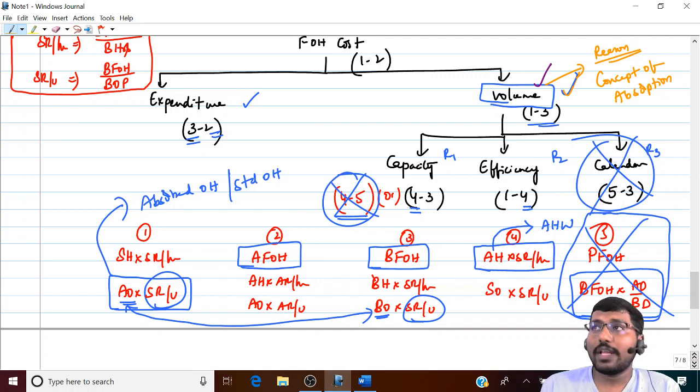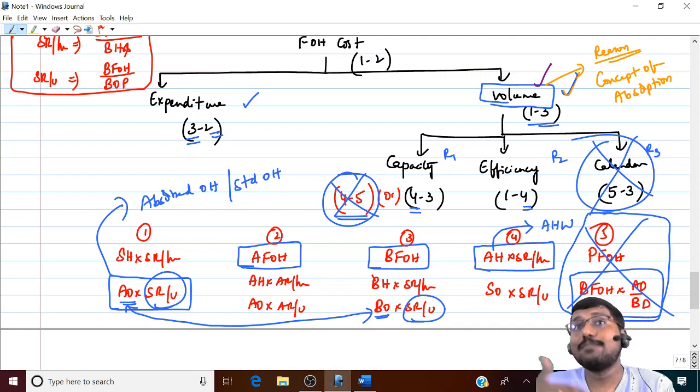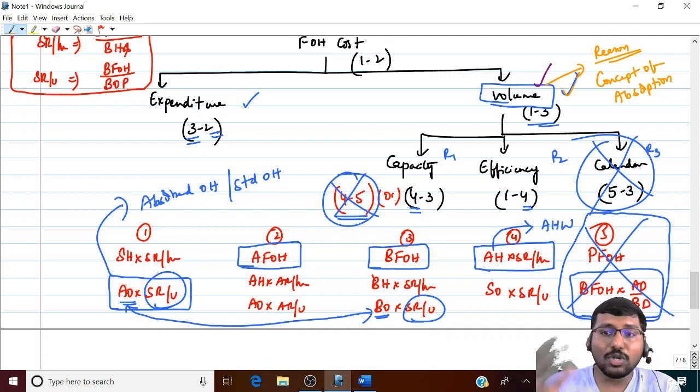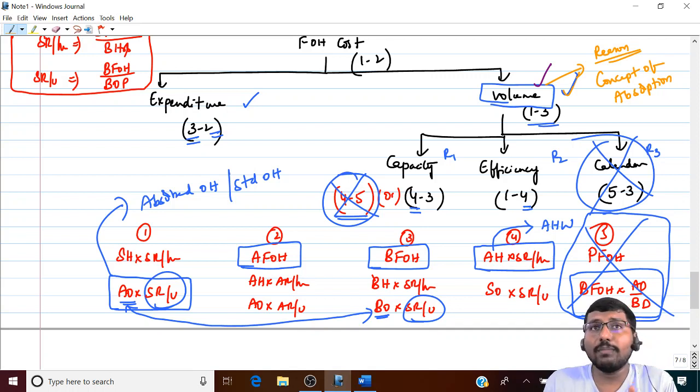I already told you when I explained the concept of absorption that, instead of going for budgeted overheads, absorbed overheads is a better concept. Why? Because absorbed overheads is a mix of actual and budget, correct? Because your rate is budget and your units are actuals. So the complete number as a result of actual and budget will be nearer to your actual overheads, which you will know at the end of the year, rather than going with pure budgets. That is the whole concept.